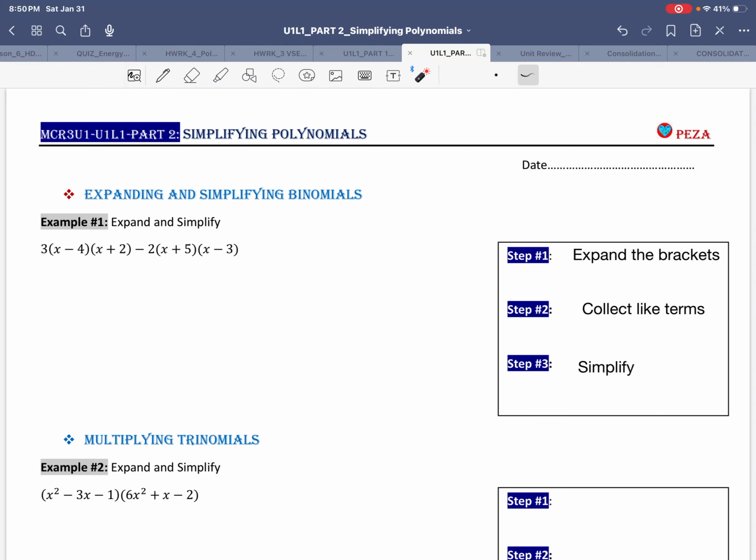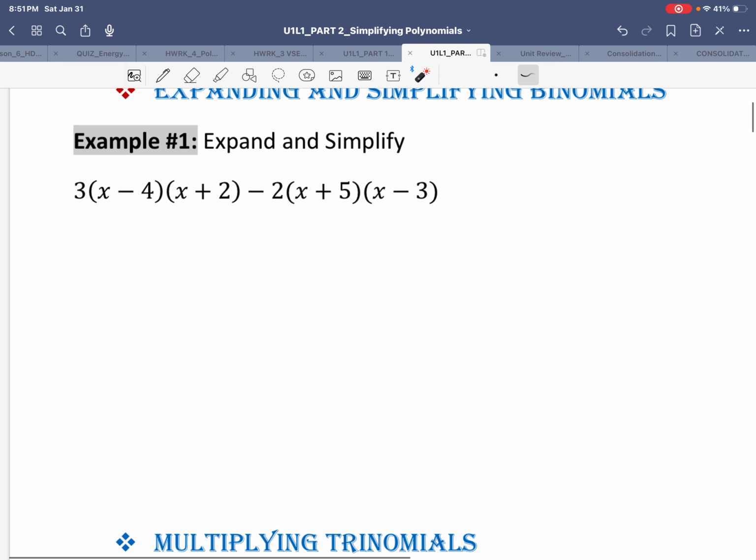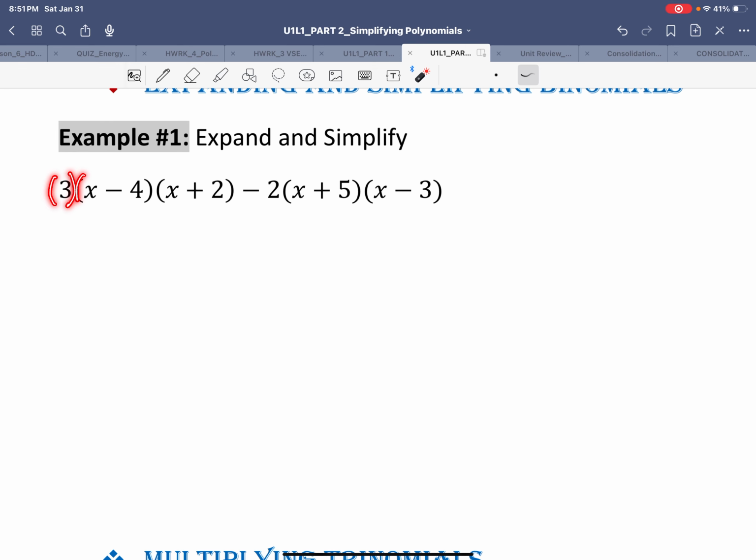Let's take a look at some examples of simplifying polynomials. So in these examples, you'll notice that we encounter a lot of multiplications of polynomials. We're going to start with example 1. We have 3 multiplying binomial x minus 4 multiplying binomial x plus 2. And then we are subtracting the product of monomial 2 with binomial x plus 5 and then multiplying binomial x